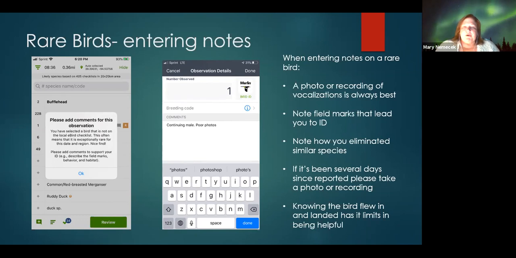When people see birds that have been reported repeatedly, a lot of time we'll get notes that say "continuing," and that's probably the most hated phrase for eBird reviewers, because it tells us nothing, although that's really it. The long-tailed duck at Smithville Lake is a continuing bird. I don't know what else to say about it. It's been here. Some people reported it every couple of days. But you have to put in some kind of a note before you can submit the list. So if I have photos, I'll just put in photos, and then we're going to talk about how to upload those. If I don't have photos, I'll put in notes about how I came to that ID.